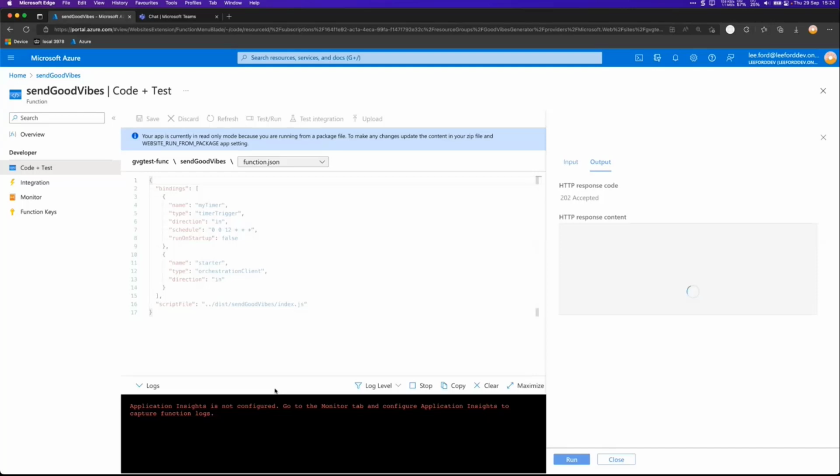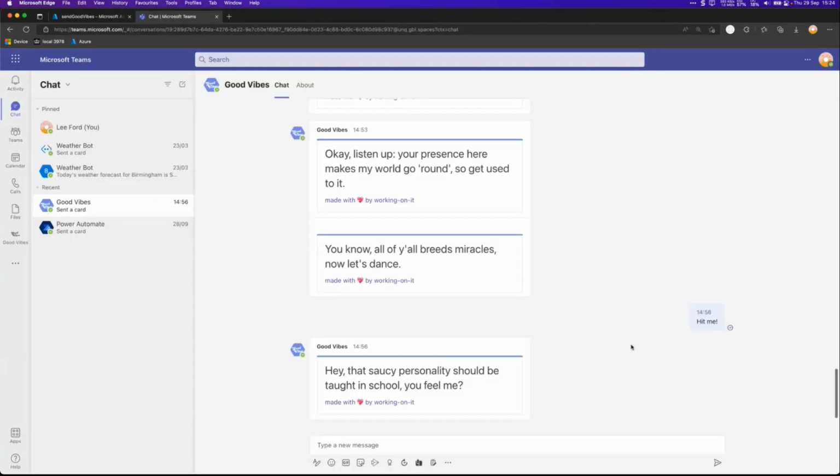So we can do this also just from Teams, just like sending any message to that bot, and it will return a very, very nice message as an adaptive card. It's accepted, I think. So we should hopefully be getting a message at some point. That would be nice. The last one, right before the call, worked. Hey, that saucy personality should be taught in school. You feel me? So that is the kind of vibe that we wanted to give our people in the workspace,